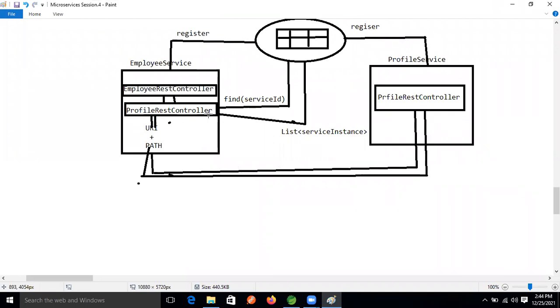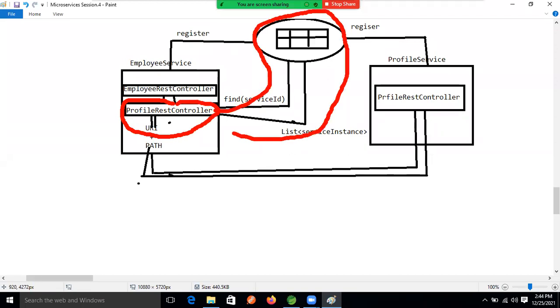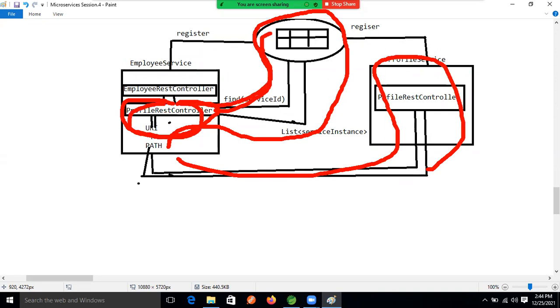Let's see that in the diagram also. I'm going to give the explanation about this area again, right?